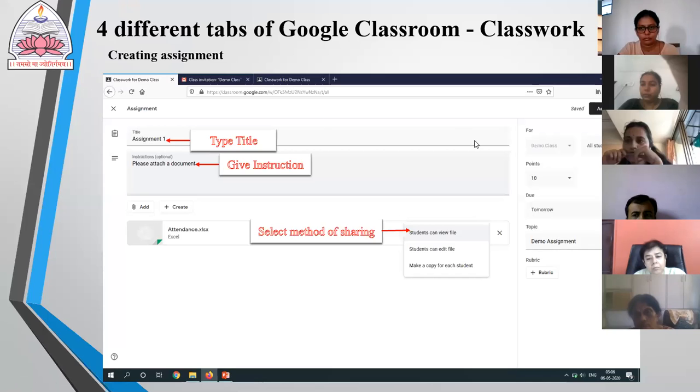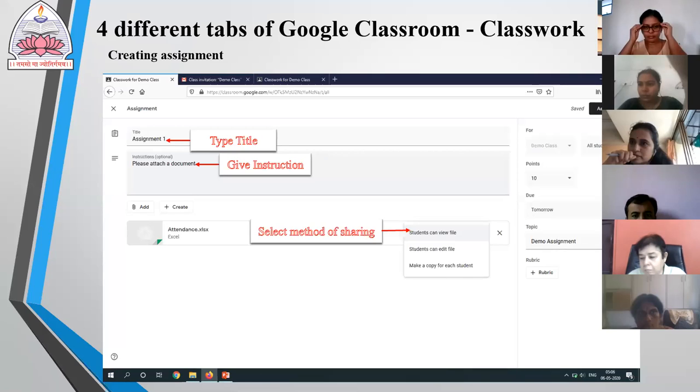look at the right hand side. I have few options to be selected here also. This one is where I have to choose the name of the class. Since I have created only one classroom, by default that name of the class will appear over here. And there is another option of sharing this assignment either with all the students, that is give a common assignment for all the students, or I can make a group of students and give different assignments.